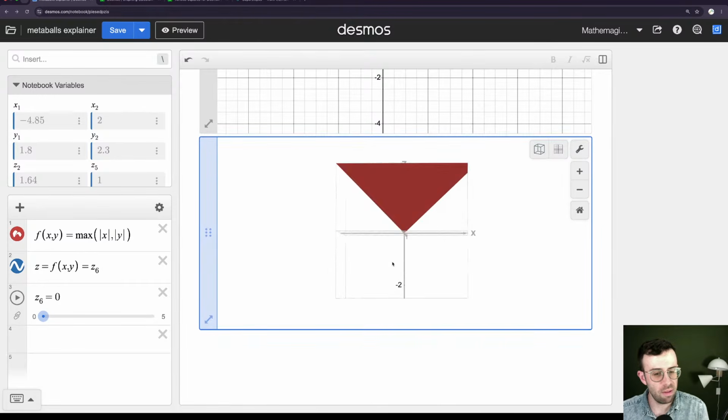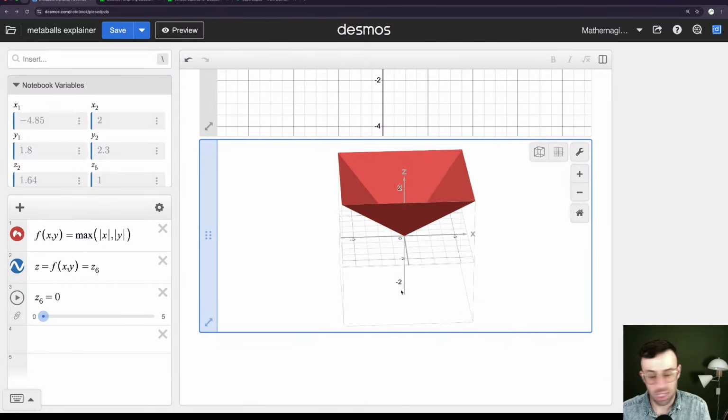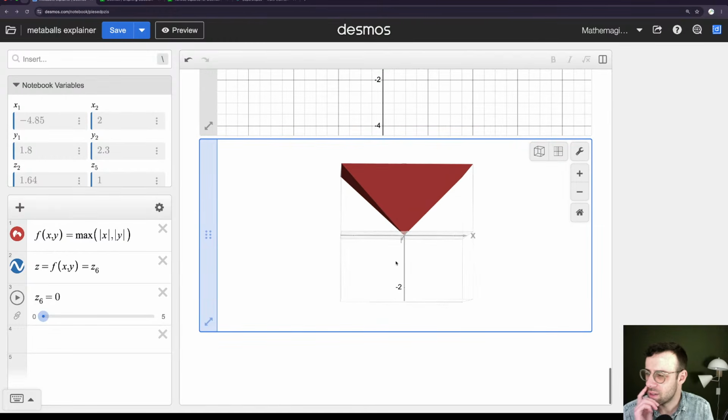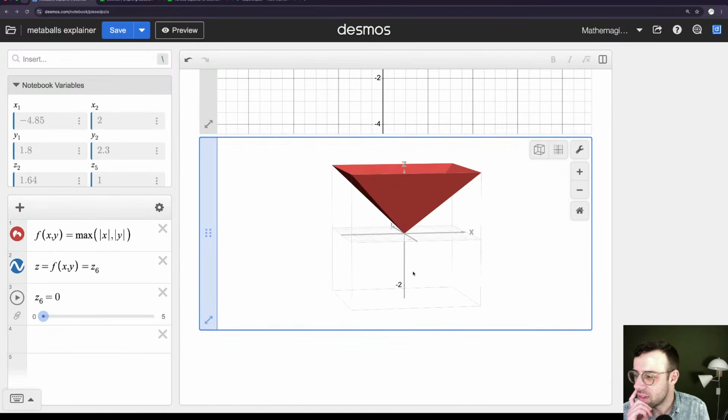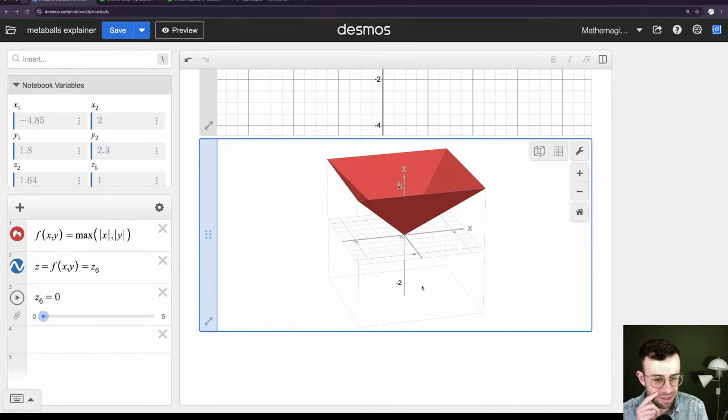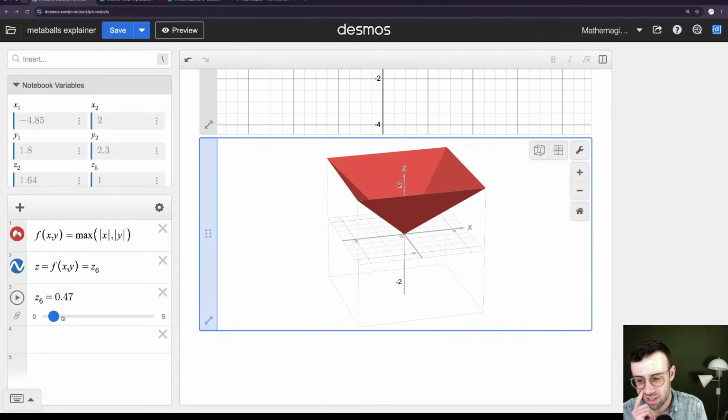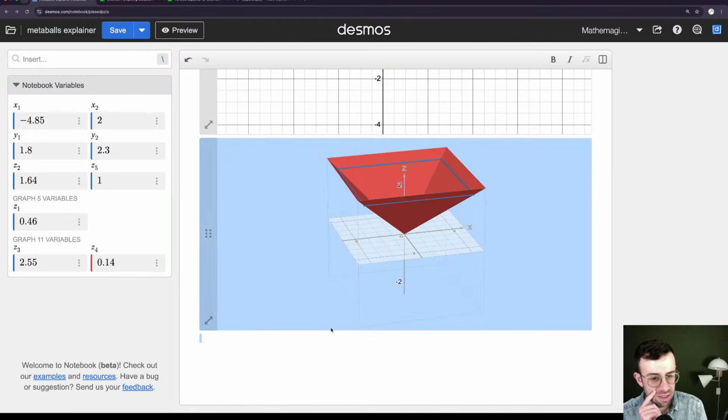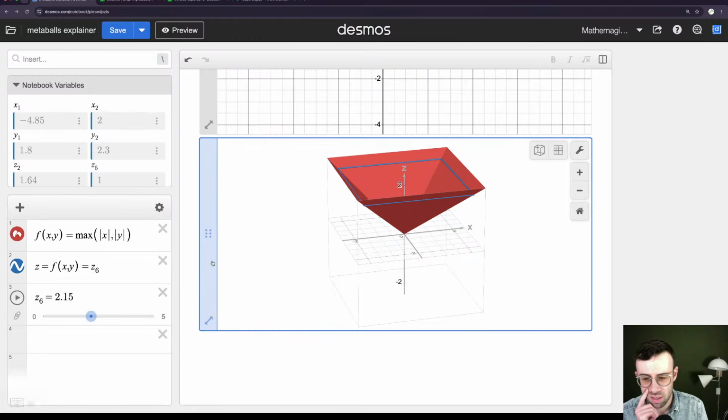Ooh, pyramid. Didn't know that was the equation of the pyramid. Square with sibling 0, you're right. Whoops. Cool. All right, so if I do 2 of these,